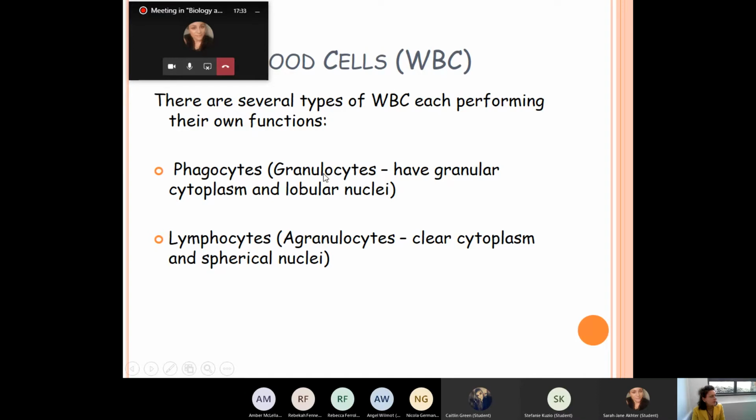Somebody basically looked at the microscope and decided what shall we call them, and they came up with these two terms just to distinguish between these two types of white blood cells, based on their appearance. Right, so